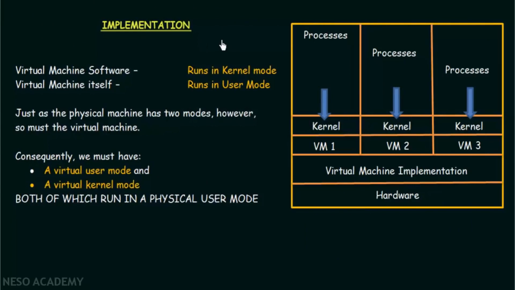Now this virtual machine has many benefits, like protection of resources, as we don't have to share the resources with each other. All the resources of one virtual machine are completely isolated from the other virtual machines. You may be thinking, we have only one hardware, so if the resources are not shared, then how will they be used? The answer is that for each virtual machine, there will be a particular area of the disk assigned to that virtual machine.